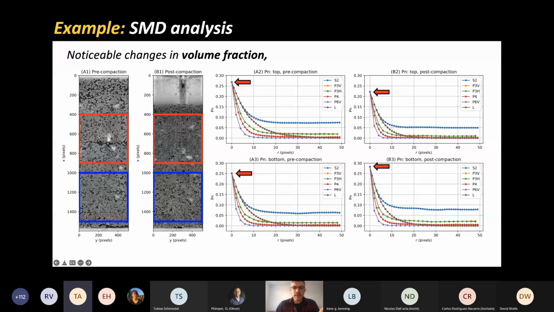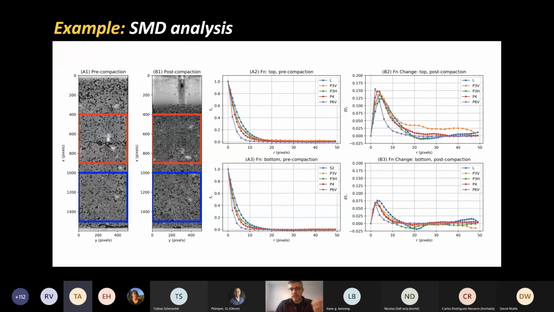But what I told you is that these curves actually contain quite a lot of geometric abstracted information from the materials. And it's actually pretty hard to tell just by looking at these curves as they are. So we can transform these curves, so we can take out the information of volume fraction, so we can compare their geometry. And we get these curves that you see here. It doesn't matter how we calculate them at this point, but they only contain geometric information.